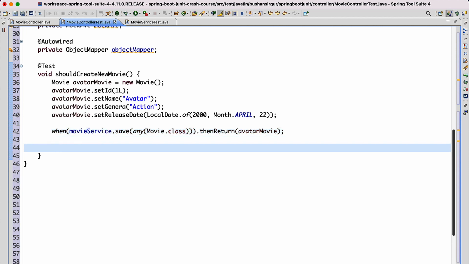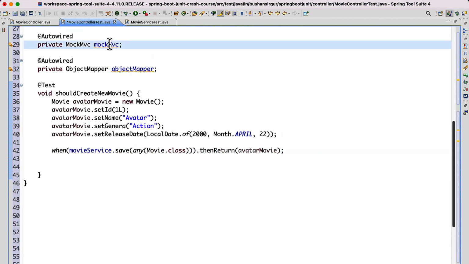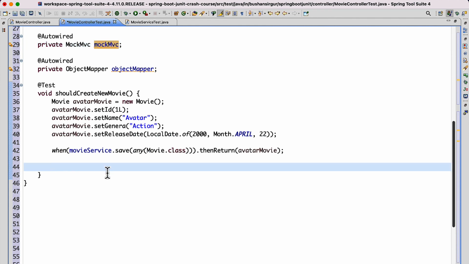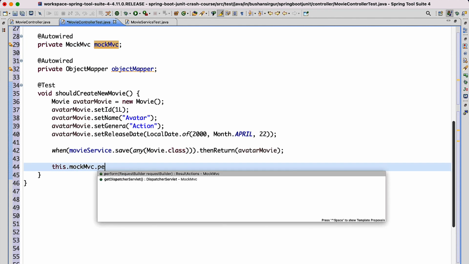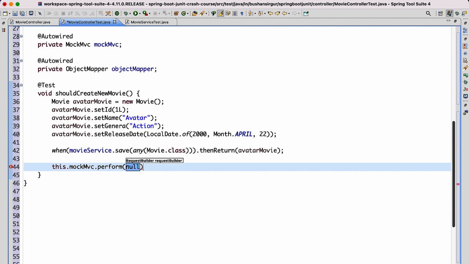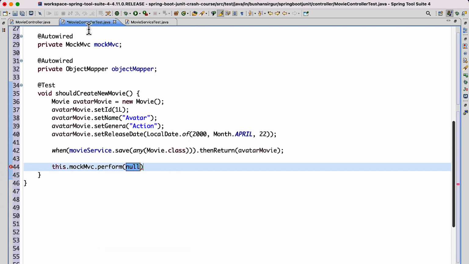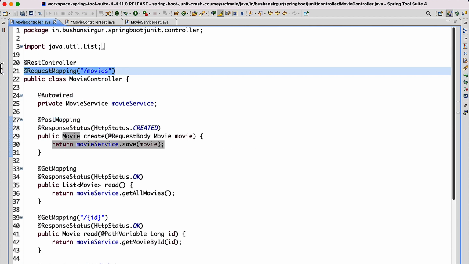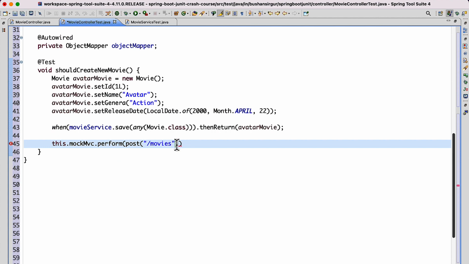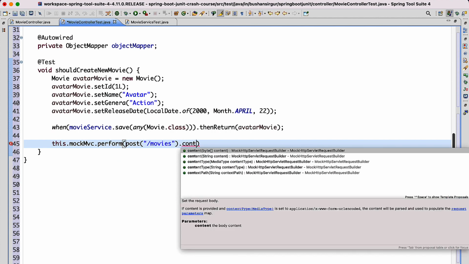Next, we have to call the controller method. For that, we're going to use this MockMvc. We have autowired at the top, this dot MockMvc dot perform, and we are going to make use of the HTTP methods. If you look at this movie controller create method, it uses the post mapping annotation, which is a post HTTP request. So we are going to use this post method, and we will provide the URI, which is /movies. Do we have any other thing? Nothing. So /movies, and we will use this content type